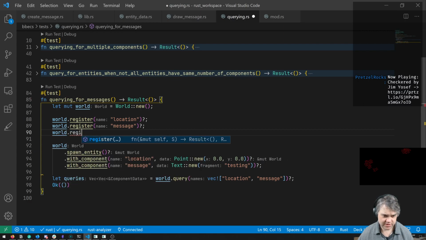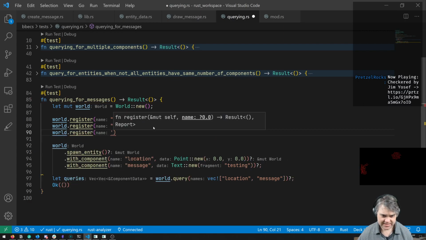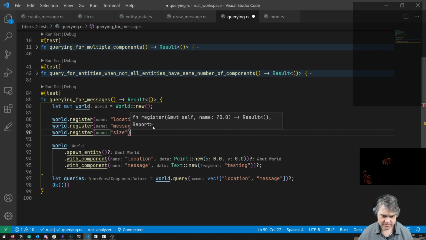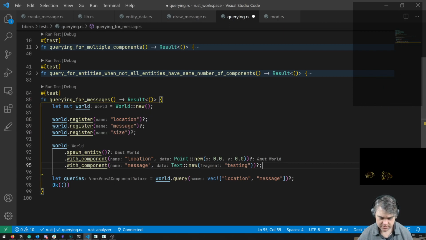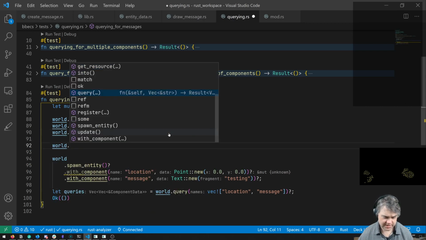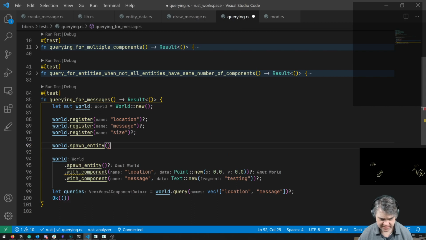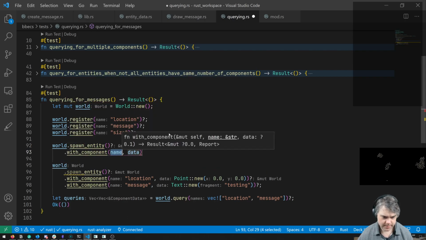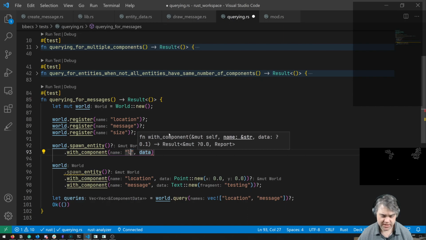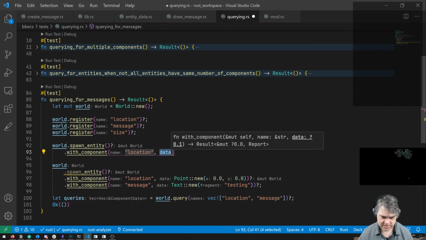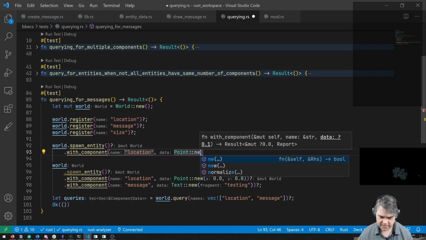It's like world register size. And before this one, we'll do a world.spawn entity with component. Okay, so we're gonna have a location. It'll be a point new.